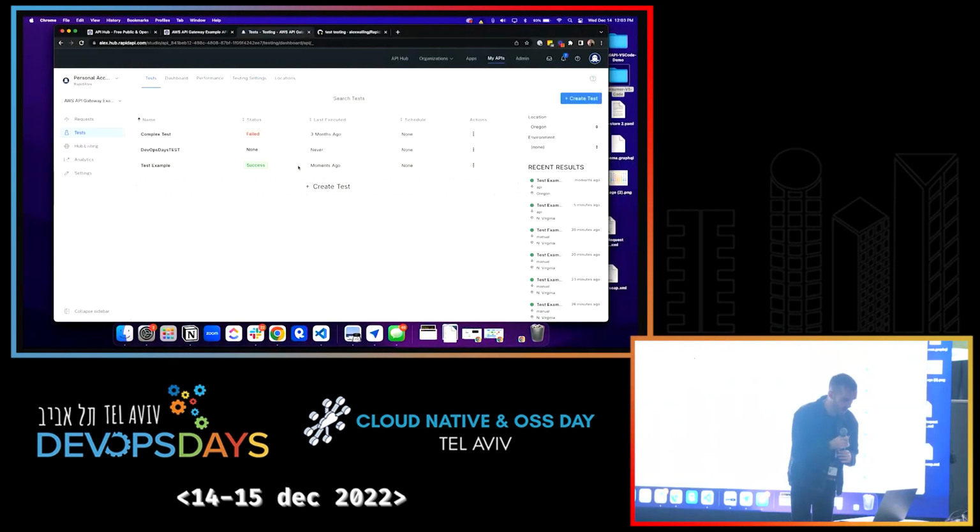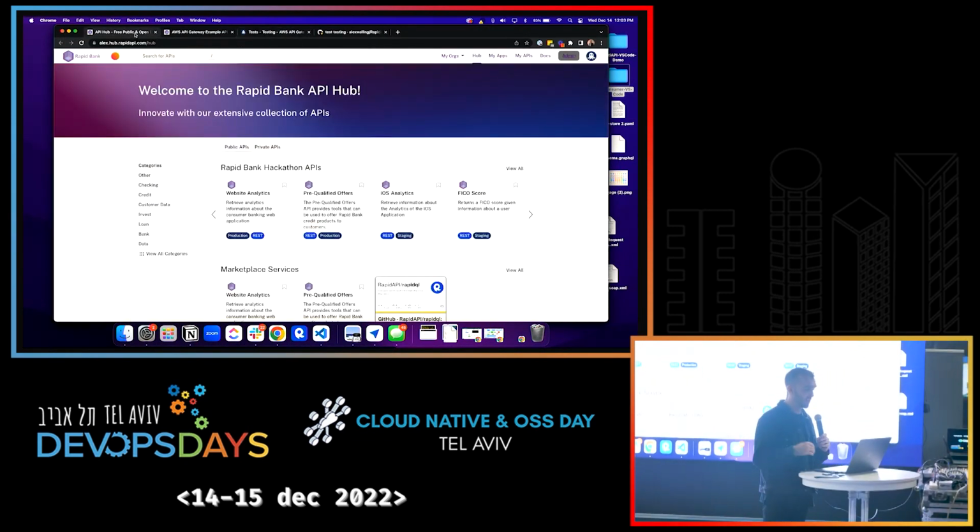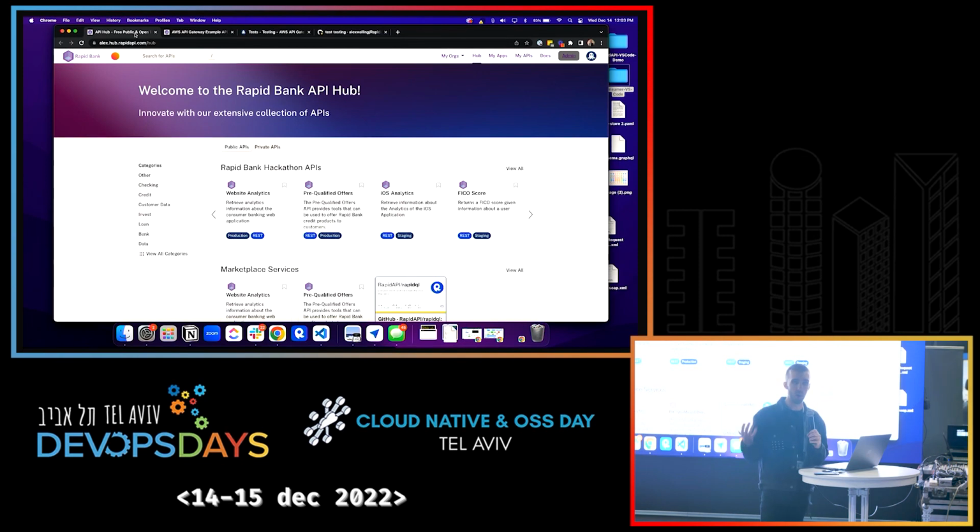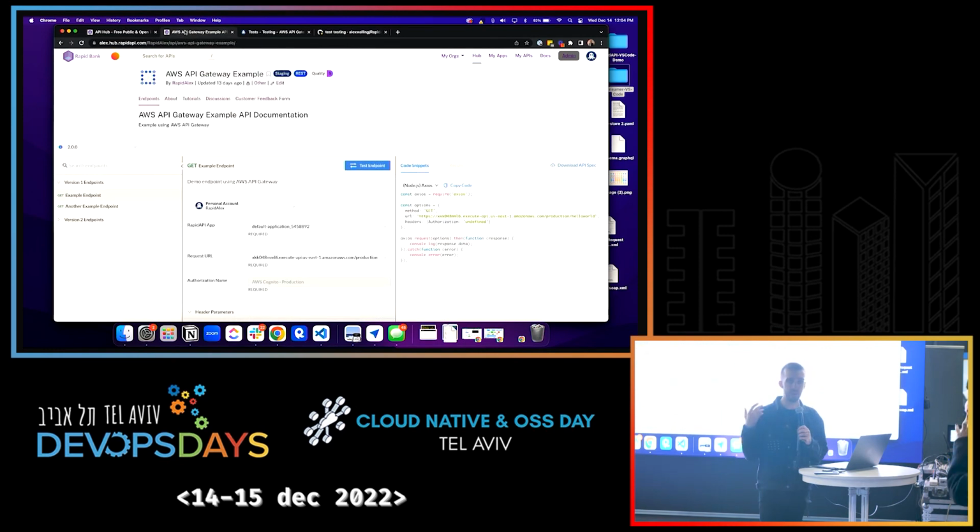So I'm going to hop over into a quick demo here. So really what we're focused on is RapidAPI. This is the world's largest API marketplace where you can bring together all of your APIs into one centralized location. So what I'm going to speak about today is really more focused on the builders of APIs and how they can integrate to their CI/CD and deployment workflows to be able to keep these APIs up to date.